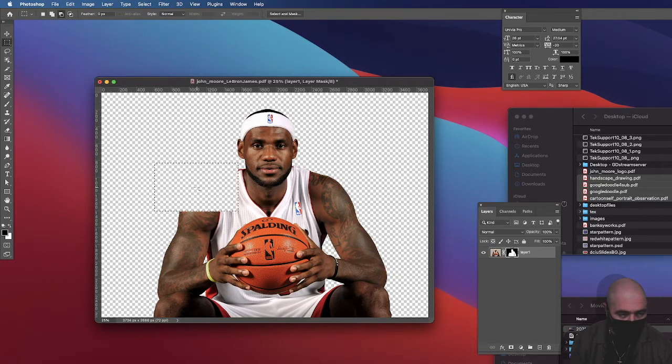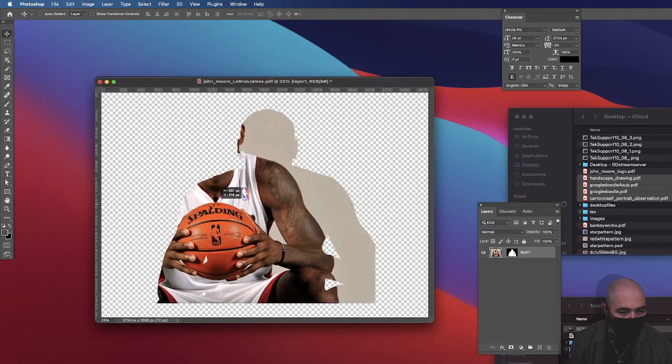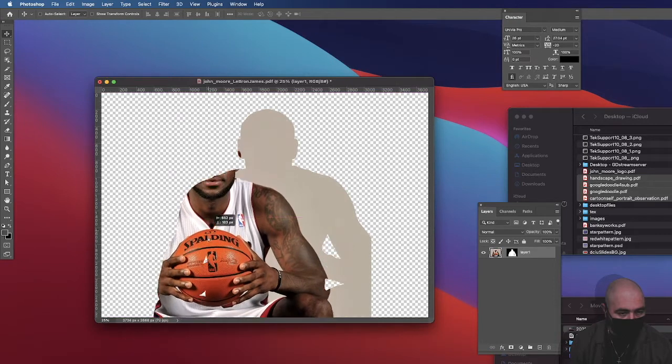So if I fill it with black, you cannot see that. So let me bring it back. And also, these two layers are linked. If you unlink those layers and you grab your original layer, and I press V for the move tool, and I move this around, you can see that I'm moving